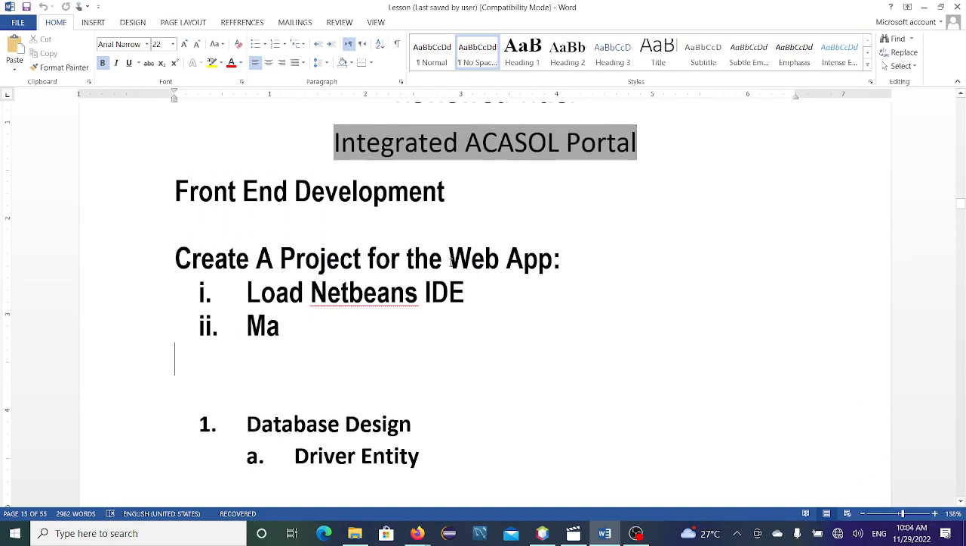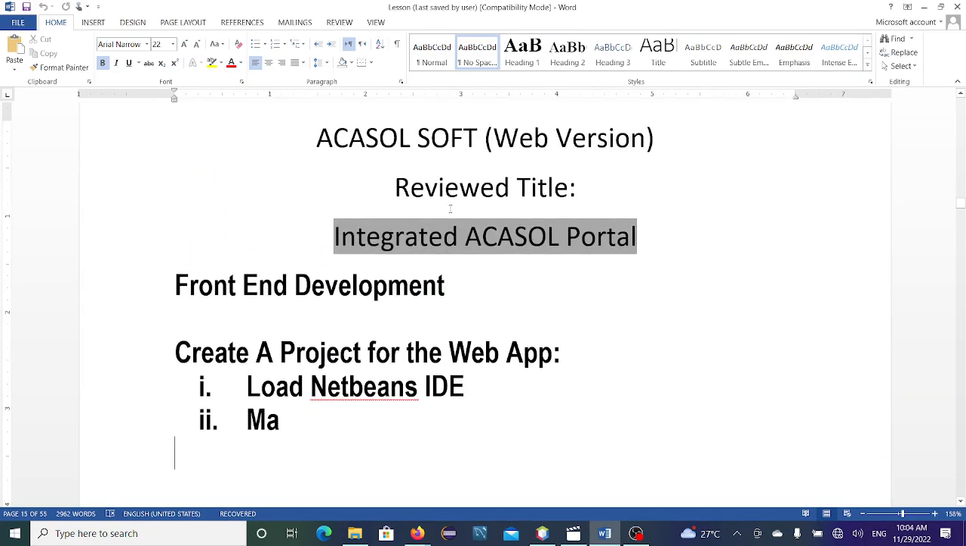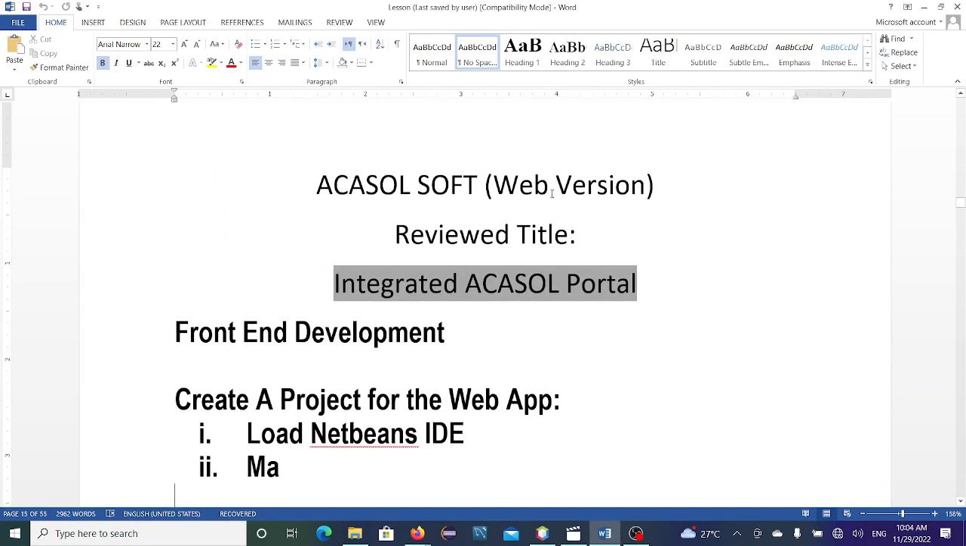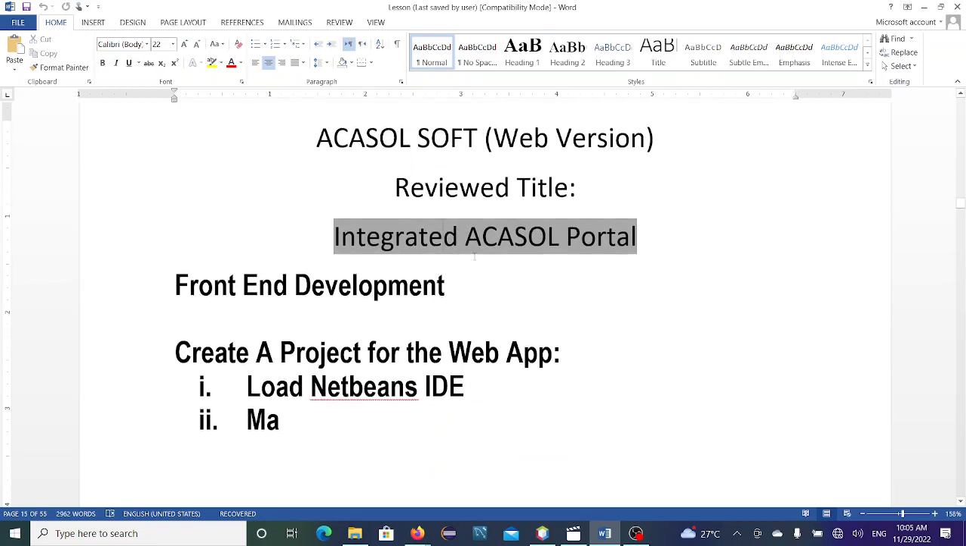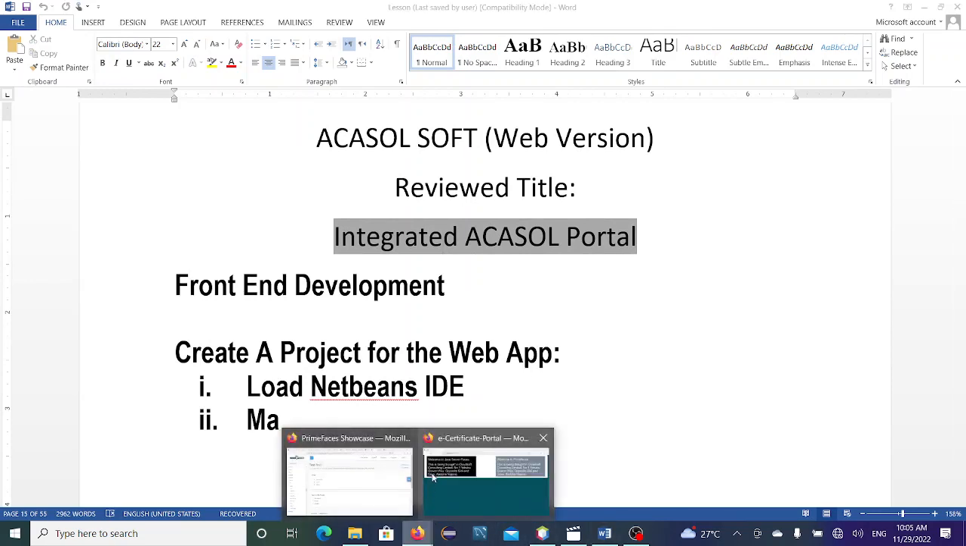Welcome back to our JSF class, Java Server Faces. That is the web, where we have started talking about the Acasol soft. We call it the integrated Acasol portal. Before this, we have talked in the theory class a lot of